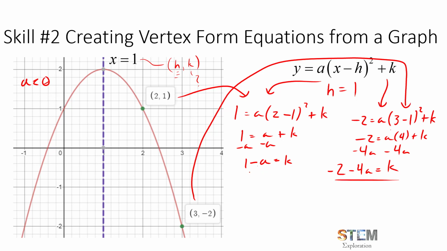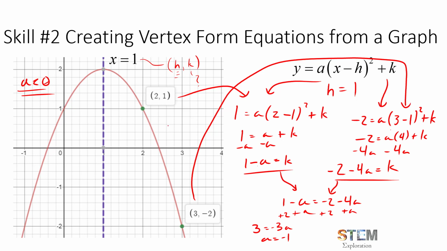And the idea here is that we have these 2 equations that we can now bring together using the transitive property and say that 1 minus a is equal to k and negative 2 minus 4a is equal to k. So we can say 1 minus a is equal to negative 2 minus 4a. I can add a to both sides. I can add 2 to both sides. I can find that 3 is equal to negative 3a, so a must be equal to negative 1, which fits